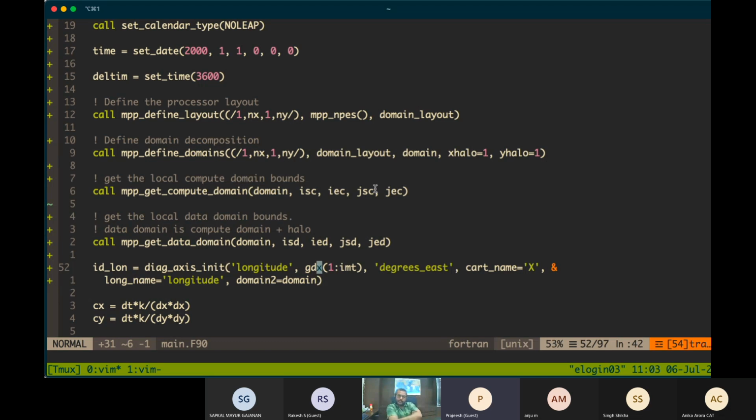So when you write the data, the axes are partitioned into small chunks, and for diag manager to understand how it should be partitioned, you need to give the domain also. So these are the arguments which you have to give while defining an axis.